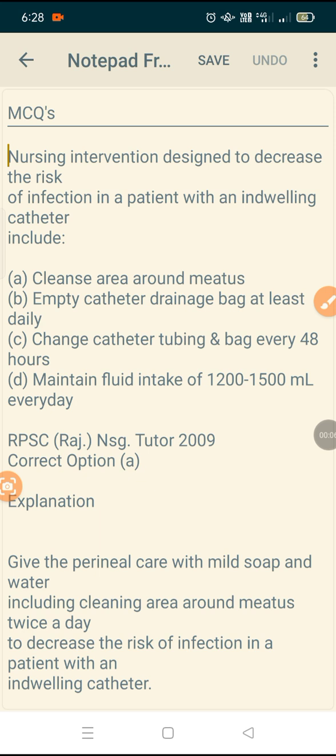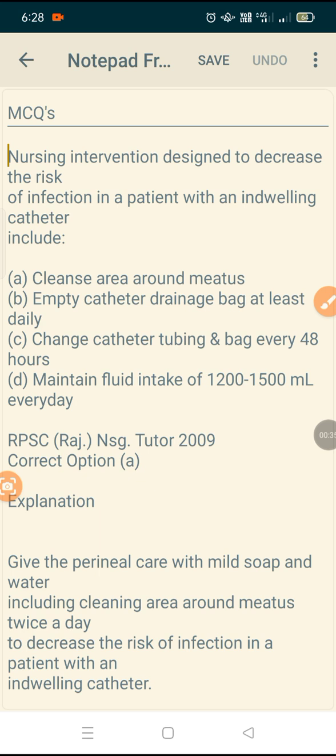Nursing interventions designed to decrease the risk of infection in a patient with an indwelling catheter include... So in this question, what they are asking is how to decrease the infections in indwelling catheters like a Foley's catheter. When a patient has an indwelling catheter like a Foley's catheter, how can we reduce the infections? So coming to the options,